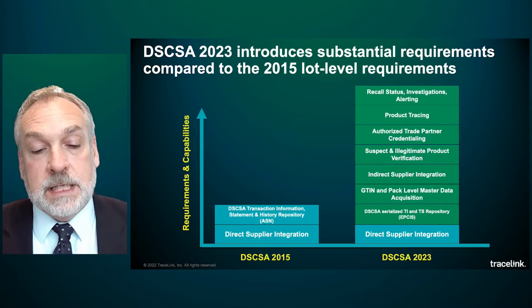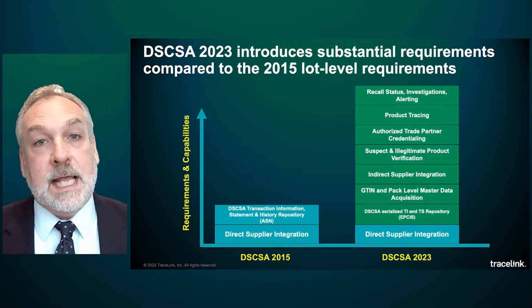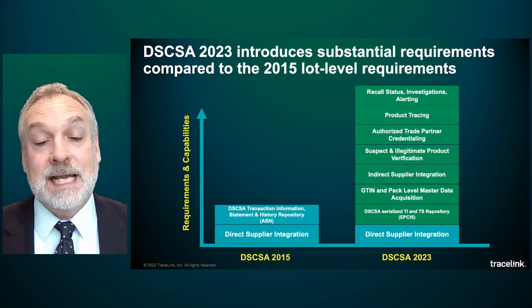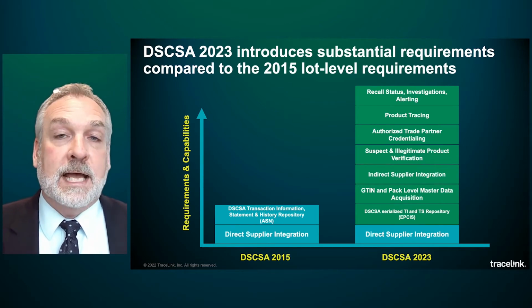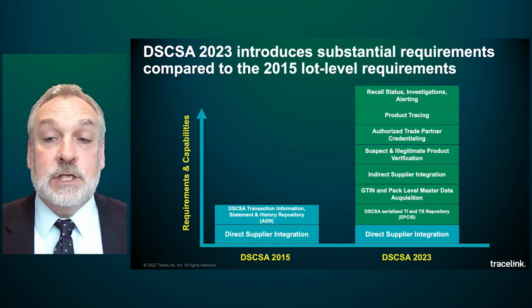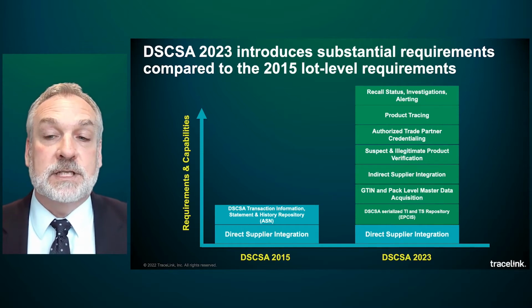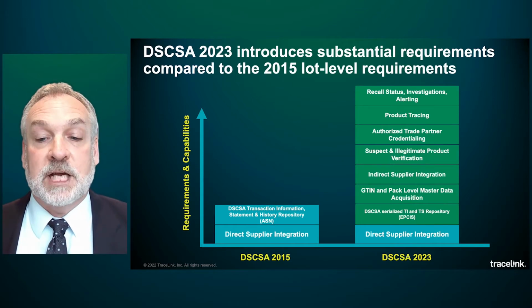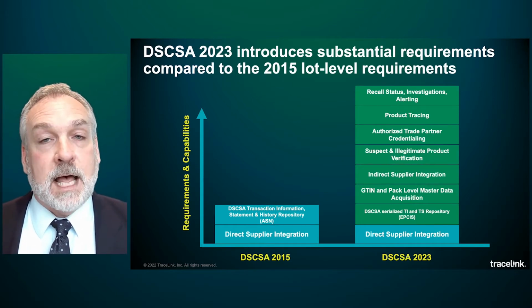In the blue, you see DSCSA 2015, and it was really about being able to integrate with my direct suppliers and to be able to receive that transaction information, statement, and history in an ASN from my suppliers that are sending me shipments. In 2023, we've now introduced serialization, and along with introducing serialization and item level traceability, the requirements and capability to meet 2023 have gone through a step change. So we still have direct supplier integration,